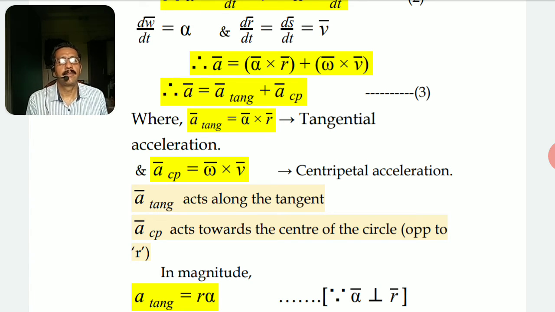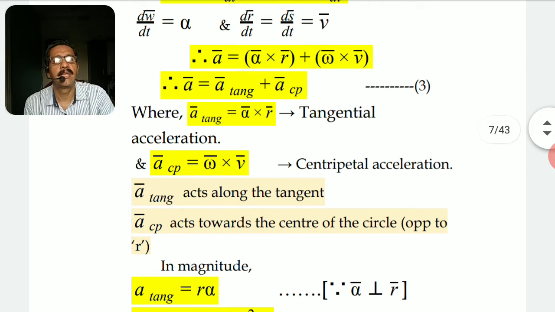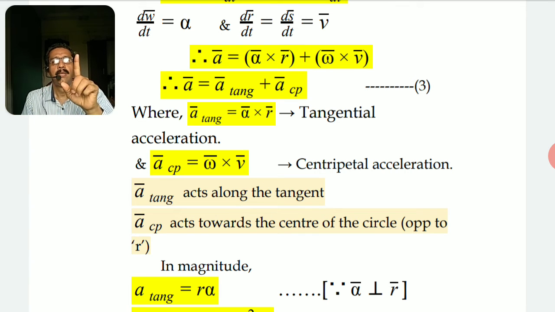Now for both the terms, if you remember the applications of dimensions, each and every term in the equation has to have equal dimensions, so each and every term on the right hand side must be representing acceleration. The first term is representing tangential acceleration, alpha cross r, because its direction will be in the direction of the tangent, alpha being here, r being here. If alpha is here and r is in this particular direction, alpha cross r will be in the direction of the tangent. Every time it will be like that. You can try and check with your right hand cross product screw rule.